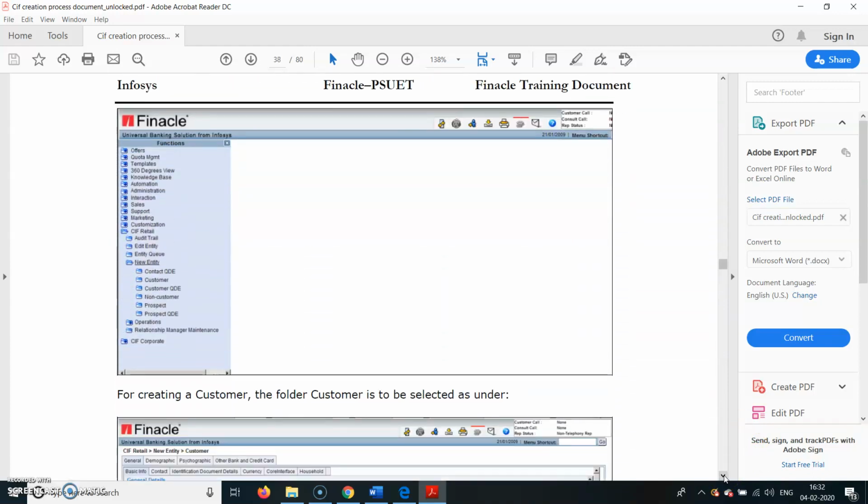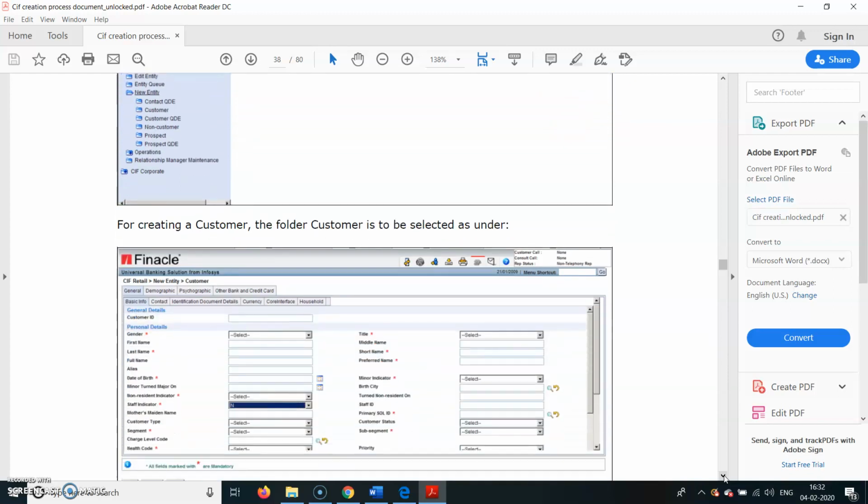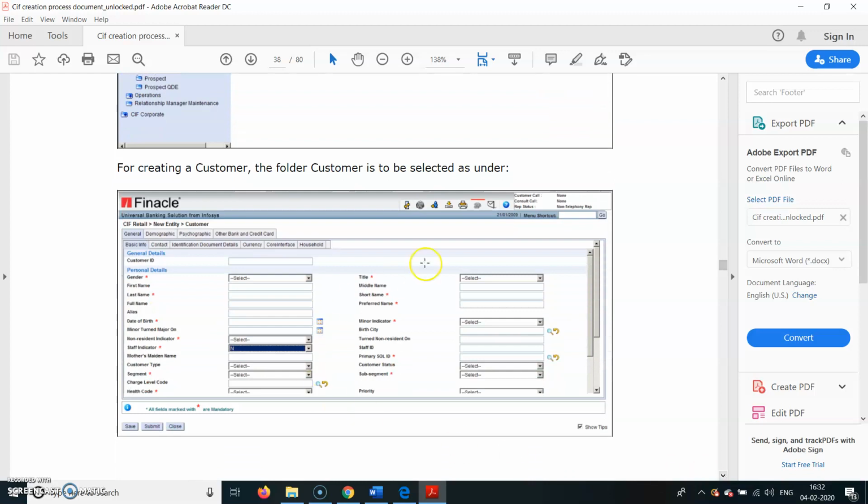So here you can see contact, QDE, customer, create, non-customer, prospect, QDE. So next screen comes on this here. So this will be the screen when you open the account. You can see here that this is customer ID that will be generated after we have entered all these fields here,